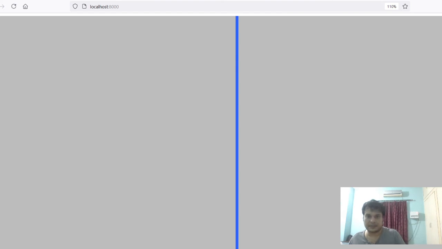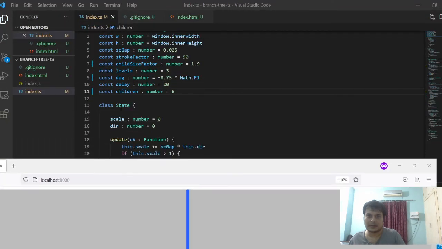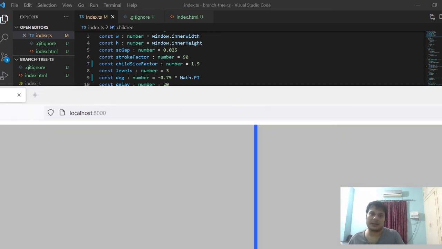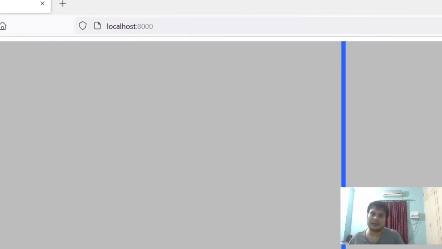So these are the manipulations I have done. I have changed the children from 20 to 6 and the degree from math 90 degrees to minus 135 degrees. So let's see.